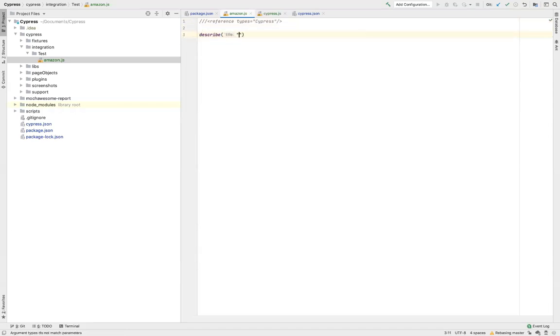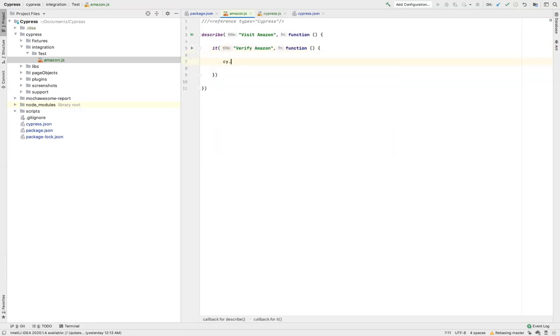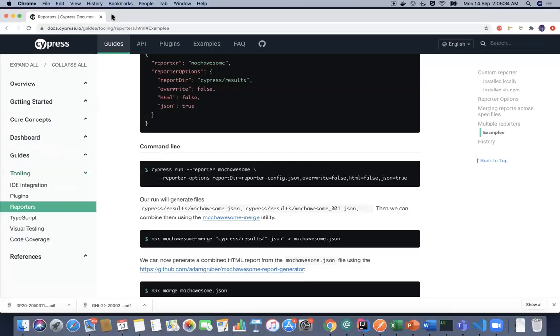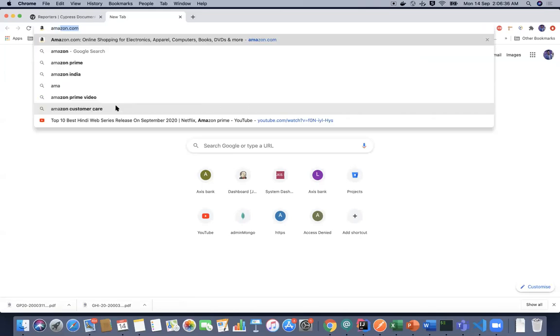I'll give the describe block, visit Amazon, then a callback function. I'll name my test case as verify Amazon, and give it a callback function. I'll just take a simple use case: I'll visit Amazon and verify whether the URL contains Amazon or not.